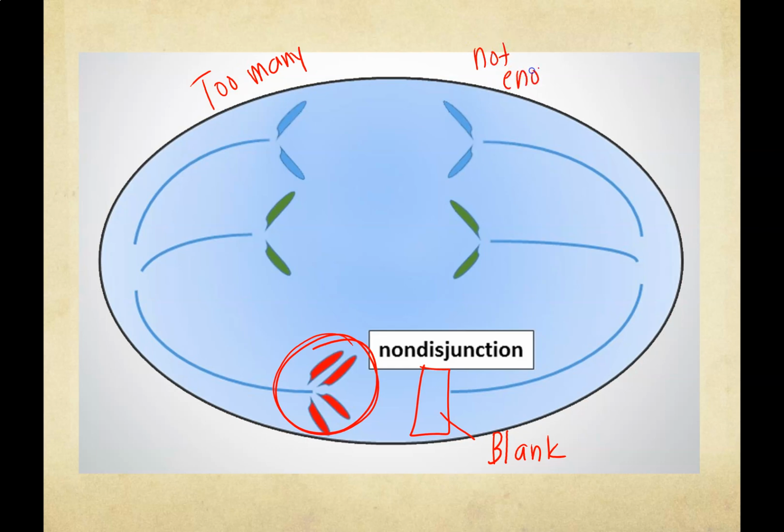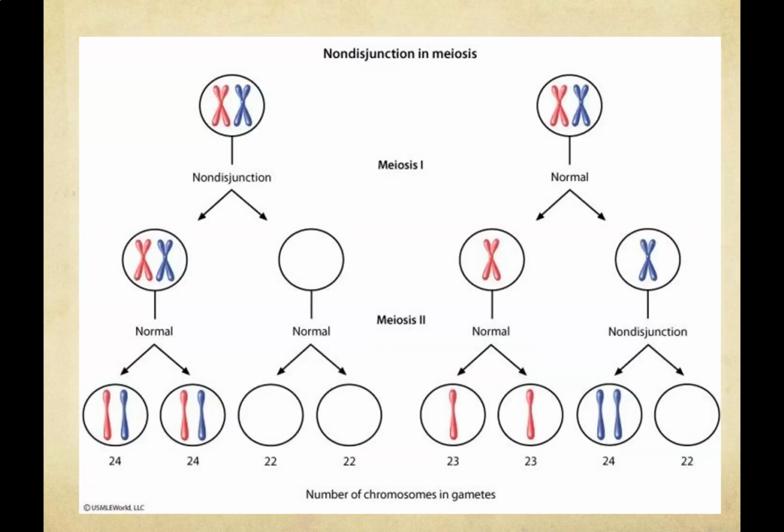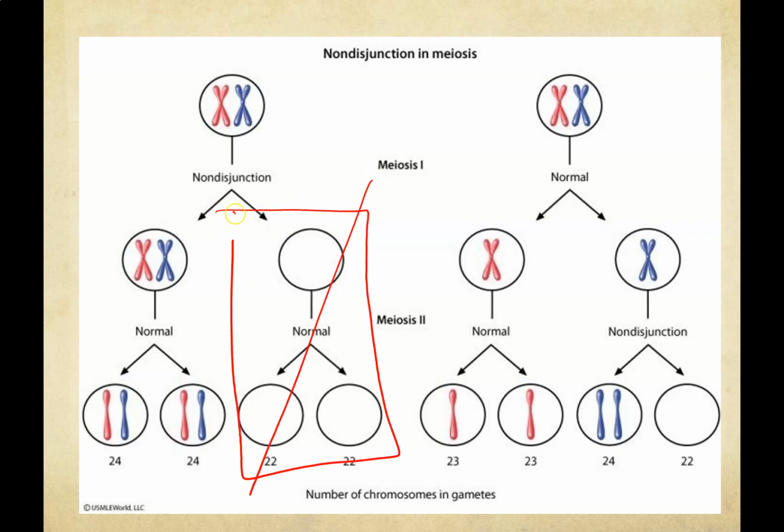Now, in some cases, this will not lead to proper fertilization, and the baby will never be born. But in the case of Turner syndrome or Klinefelter syndrome or Down syndrome, the baby will survive. So it's all about the slight difference in the number of chromosomes. So here you can see that non-disjunction can happen in 2 spots. If it happens early enough, like after meiosis 1, then you got nothing over here. If it happens after meiosis 2, where most of the surviving babies occur, you will see here